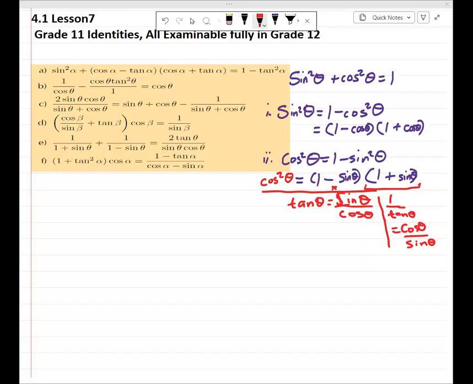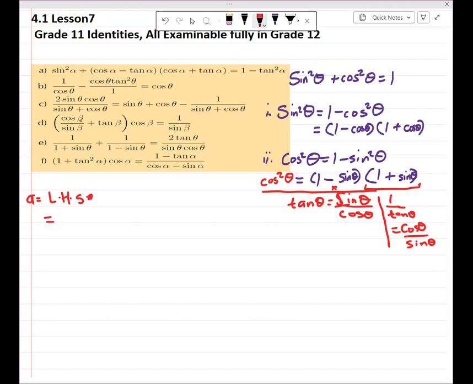In lesson 7, they want us to prove trigonometric identities. Remember, with trigonometric identities, you're proving that the left-hand side equals the right-hand side. Okay, we're going to prove that now. Perfect. So on A, I'm going to take the left-hand side and prove that it equals the right-hand